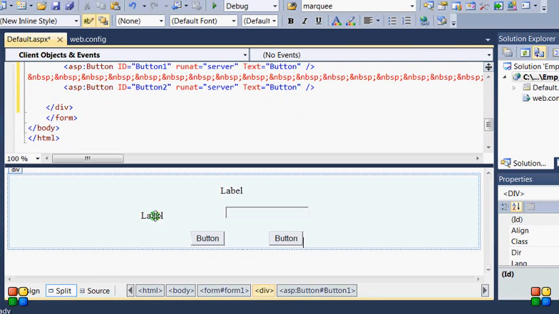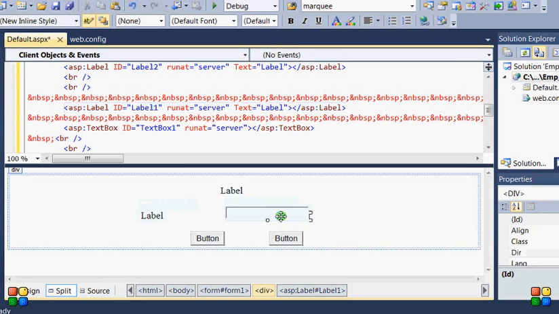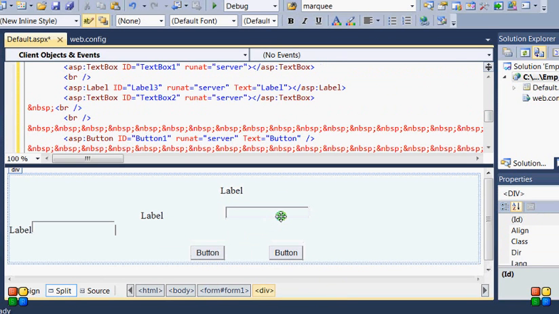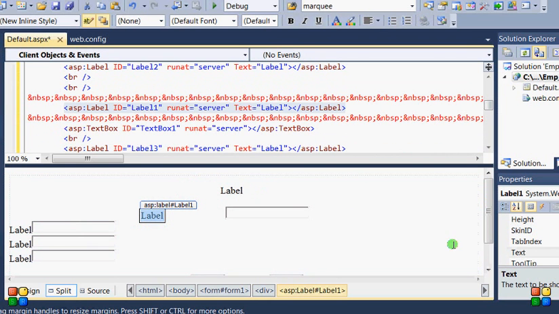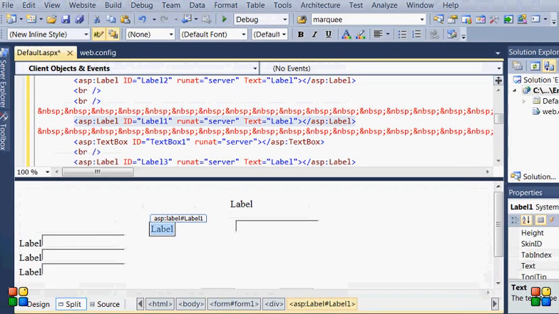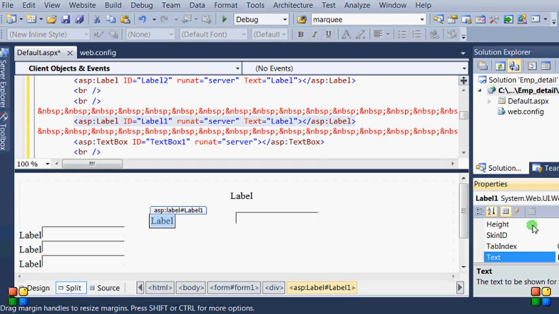Now two buttons, and you just have to copy and paste all the others. Now the first one will change. You have to just go into properties, change its text. It should be employee name.